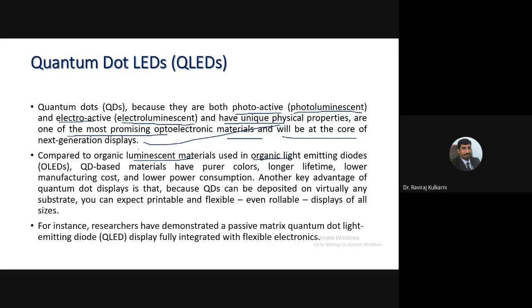Organic compounds can be easily decomposed, right? If you supply more electricity, they start decomposing. But inorganic compounds like titanium dioxide and others will not easily decompose. That's the reason QLEDs are purer in colors, have longer lifetime because they cannot be easily degraded, and lower manufacturing cost,